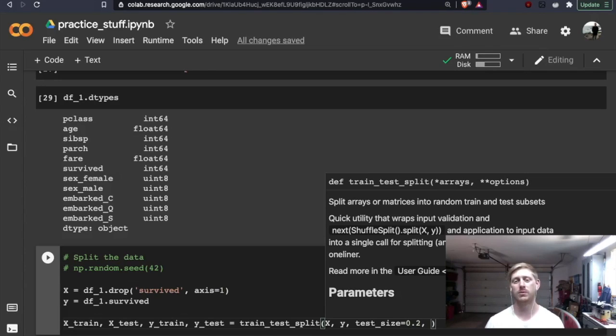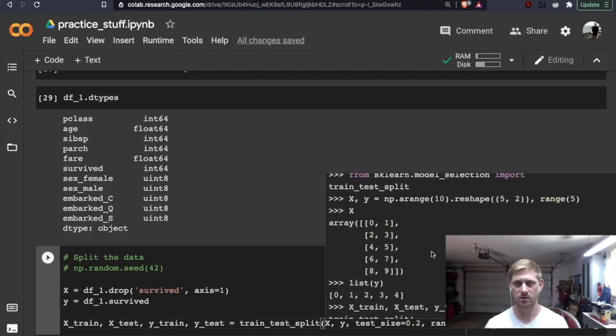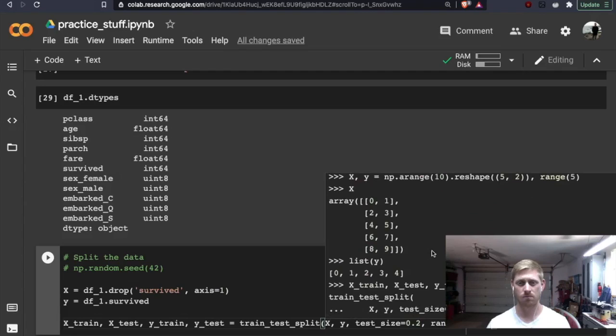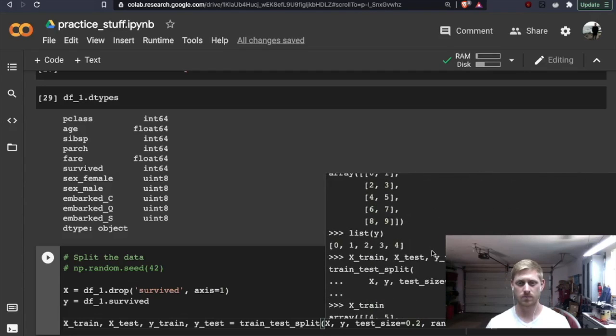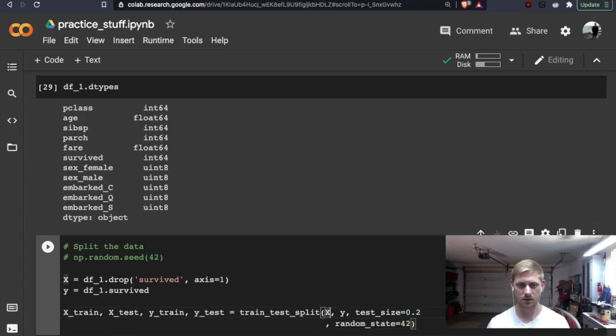And then random_state, underscore state, equal to 42. And then make it look somewhat decent, I guess.